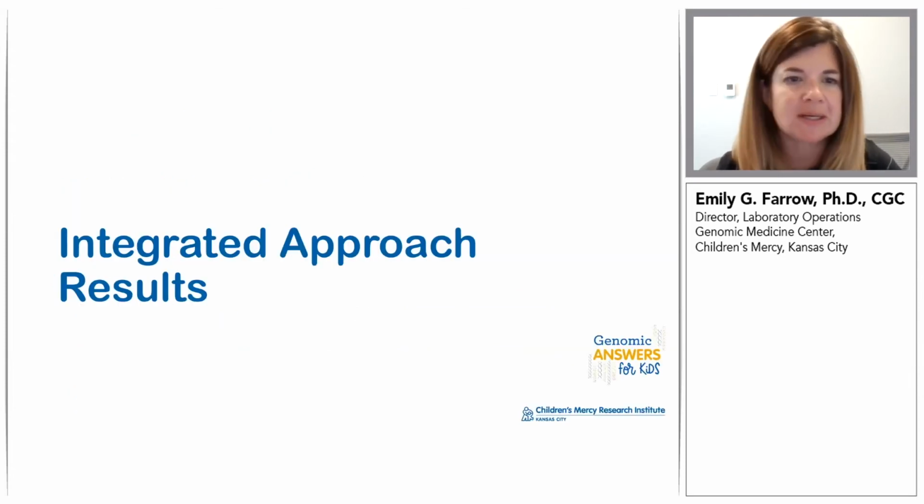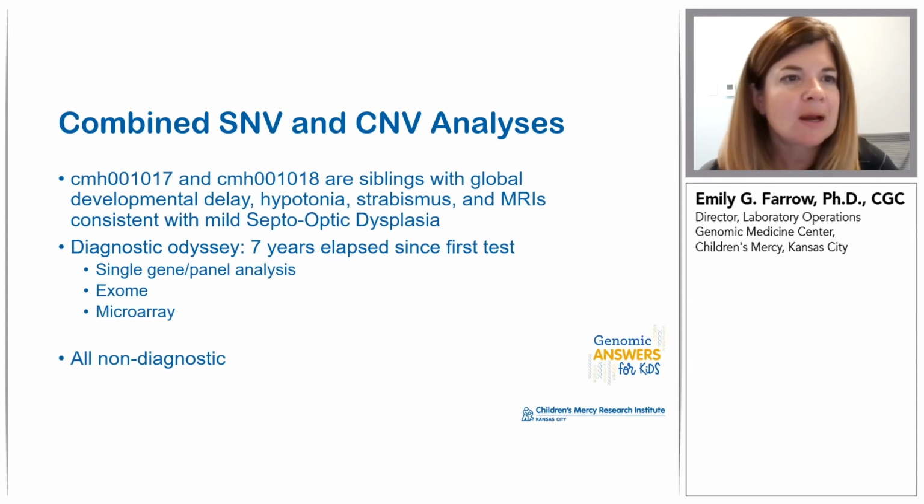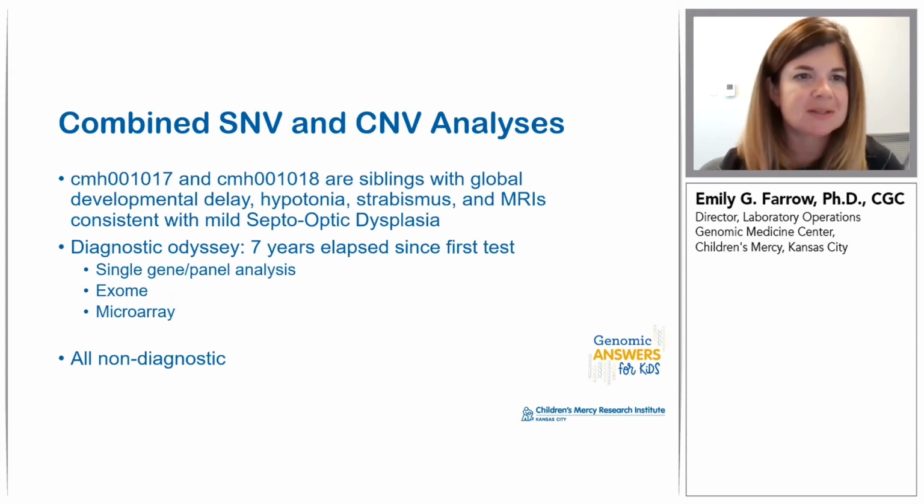So while sequencing and analysis are ongoing, our initial analyses are already leading to novel discoveries and advancements, particularly in 3 challenging areas that I'd like to highlight today. An ongoing challenge that we have as analysts is the combined analysis of single nucleotide variants and copy number variants. In this case,